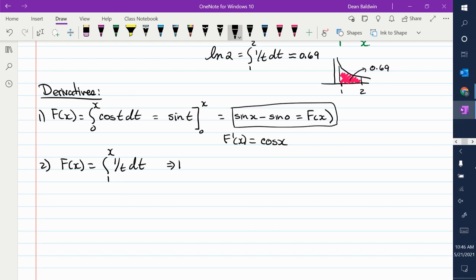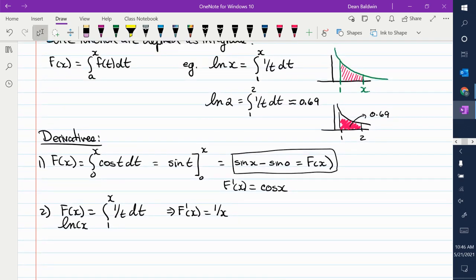And I said, what is f prime of x? You would tell me? It's 1 over x. This is actually the natural log. By definition, if you look up there, that's what the definition is, natural log. So you've just shown me that,